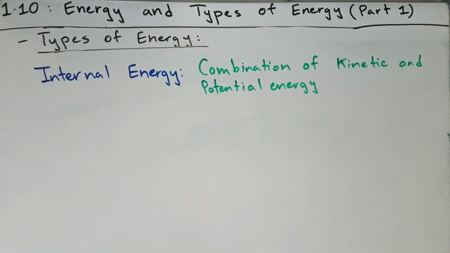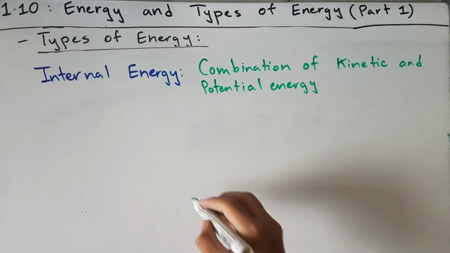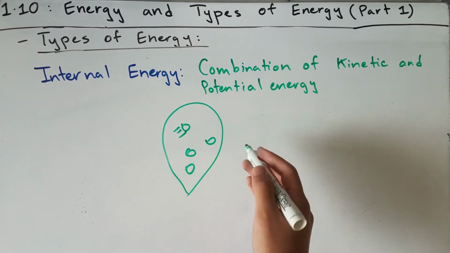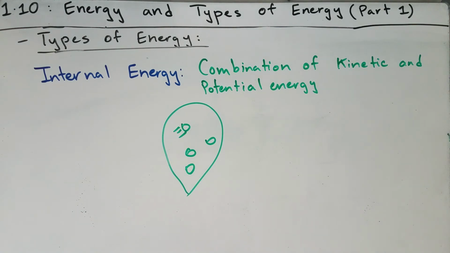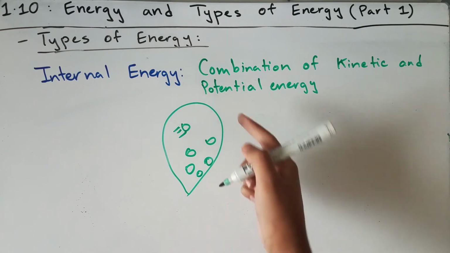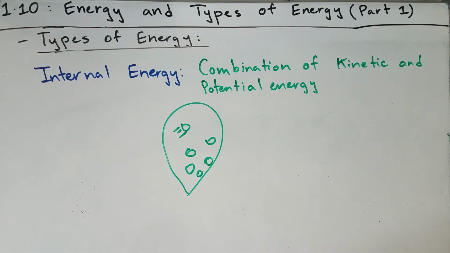Another energy type is internal energy. The internal energy of a body is the combination of its kinetic and potential energy. So you could have a balloon which would be filled with some gas. Argon atoms would be moving around at high velocity, so they would have kinetic energy. And those atoms that aren't moving much will have more potential energy as they don't have much motion and therefore lesser kinetic energy. So you could also say that internal energy is the energy of the motion of molecules in this system.